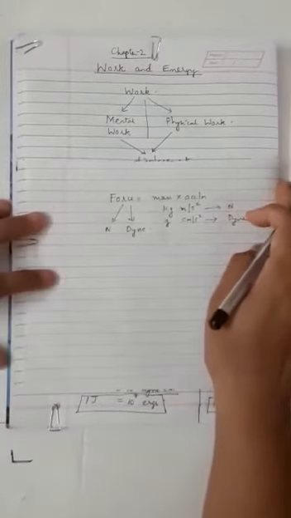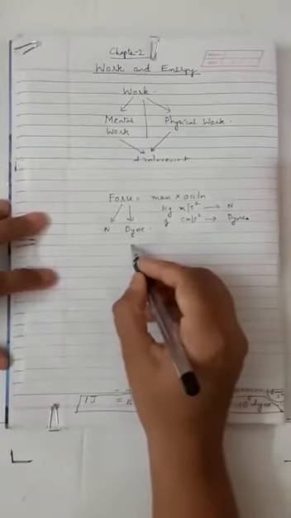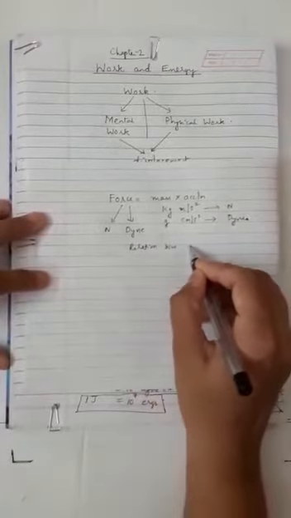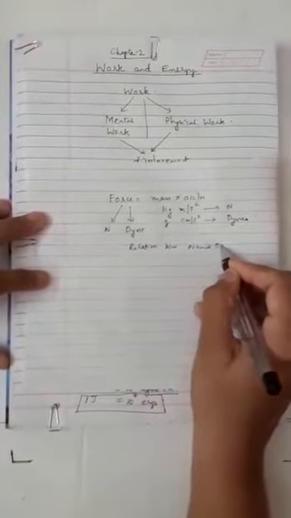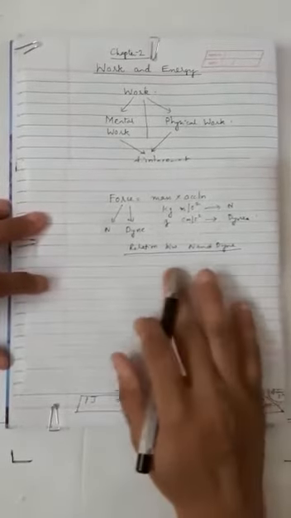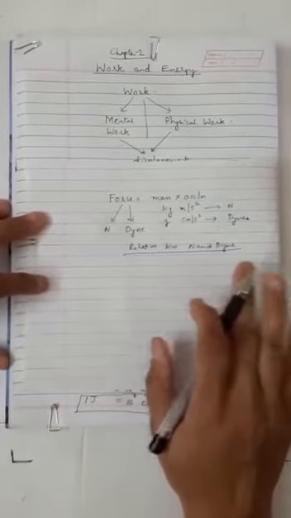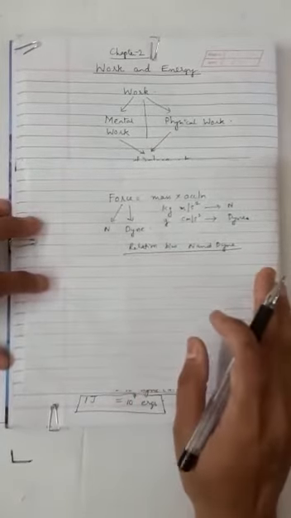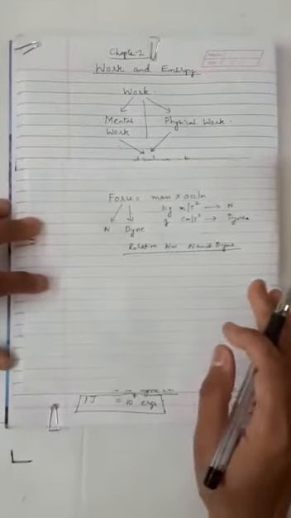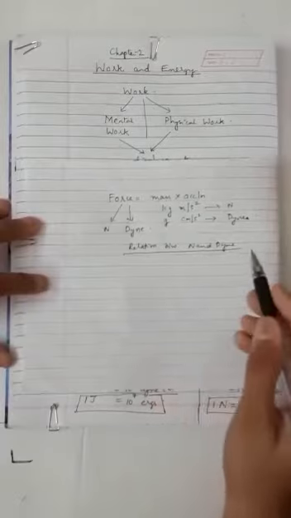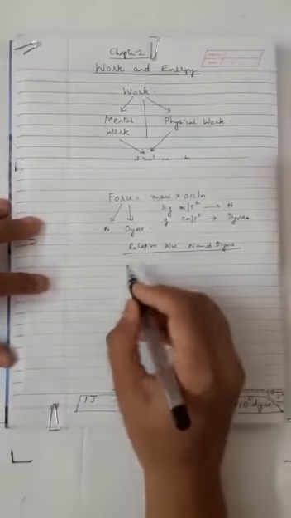Now, the relation between Newton and dyne. Children, this is something which is left out in your first chapter, where the textbook has not touched this part at all. But it is very important for you to know, because only then can you study the relationship between units of work. Okay. Now, the relation between Newton and dyne. So, let us write now.